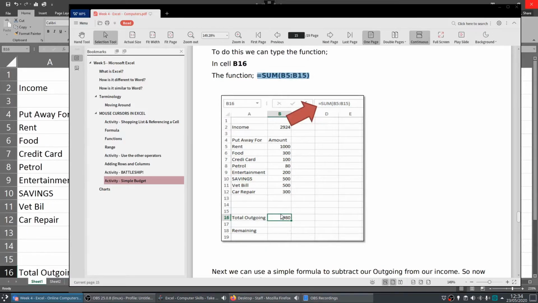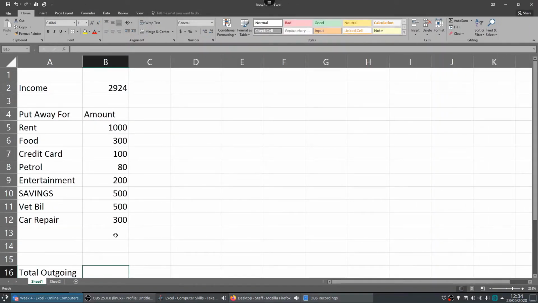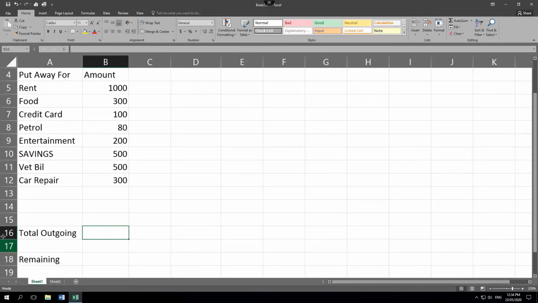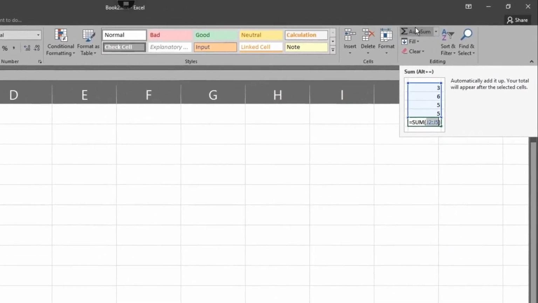You can type that in here. I'm going to show you a little shortcut way to do it. Okay, I'm in cell B16. If you're in B16, you should be next to total outgoing. And I'm just going to use the auto sum button that we looked at before. If I click on auto sum,